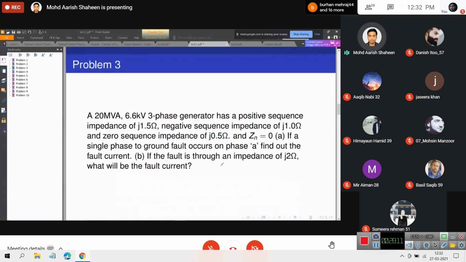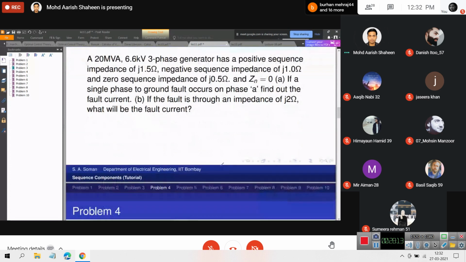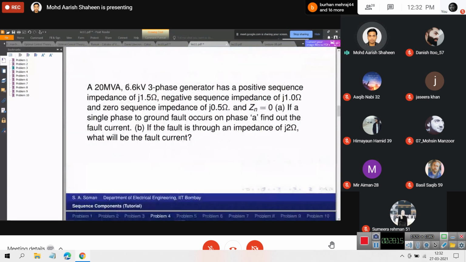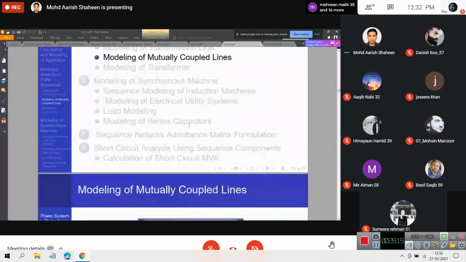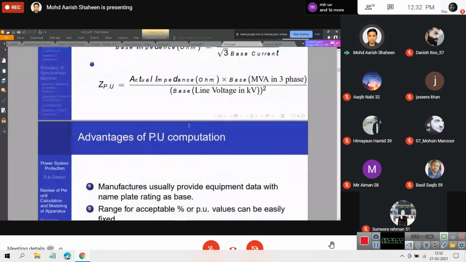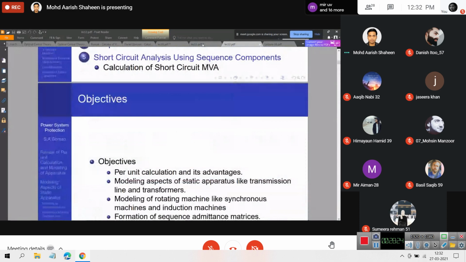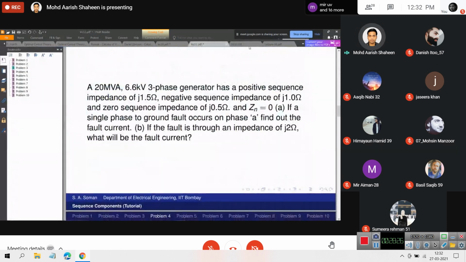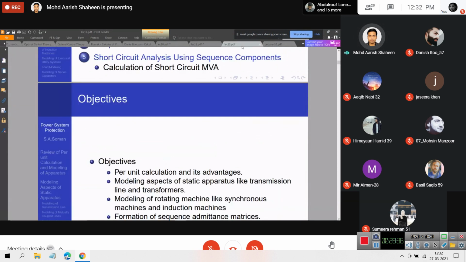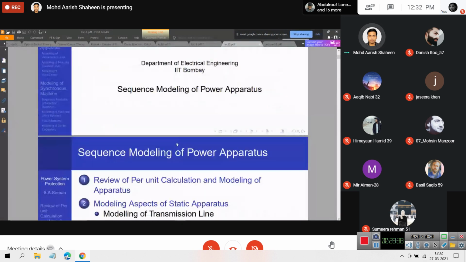Okay, this is more important. We have a generator whose specifications have been given. Maybe it is also somewhere here. Once again. Okay, I will first of all start with lecture 12, and maybe we can come back to this problem, because it basically uses per unit phase modeling. It also basically assumes that you know about single line to ground fault. So let us move here.